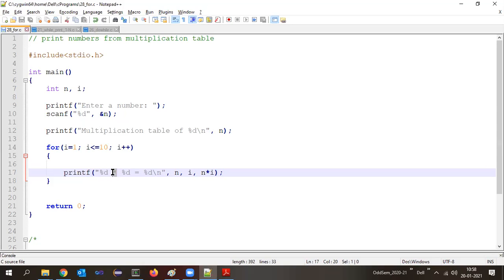Then star, that is the multiplication symbol, is printed. Then percentage d, the second one is for I here. I value is what now? 1. So 4 into 1 equals to, then the percentage d here, that is 4 into I, that is 4. So 4 into 1 equal to 4 is printed on the first line here.